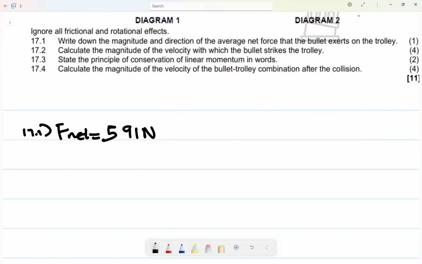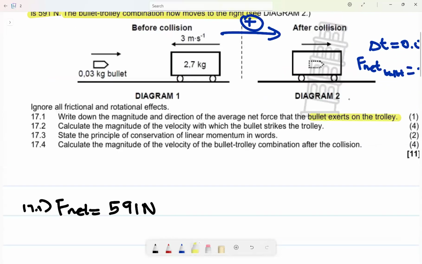But now the question is, in which direction is the bullet exerting a force on the trolley? Can you see the bullet is moving in that direction? So it's going to cause a force that goes to the right on the 2.7 kilogram block. So the block will experience a force of 591 newtons to the right,